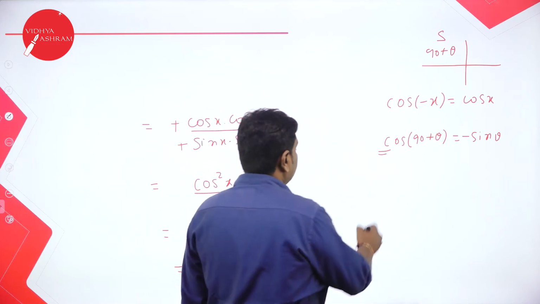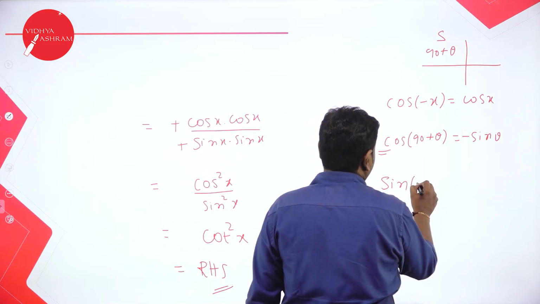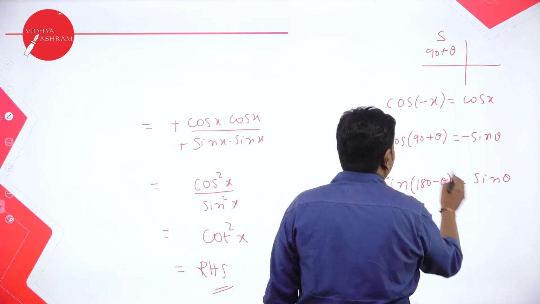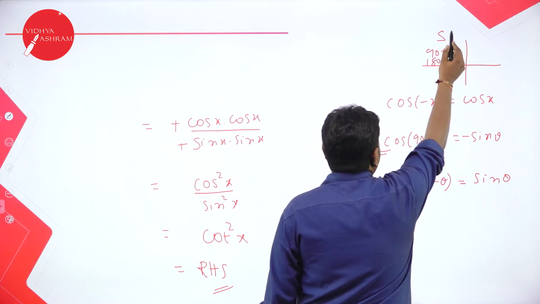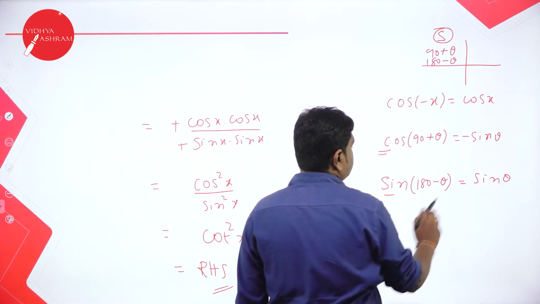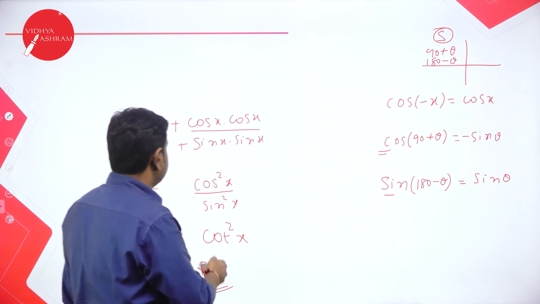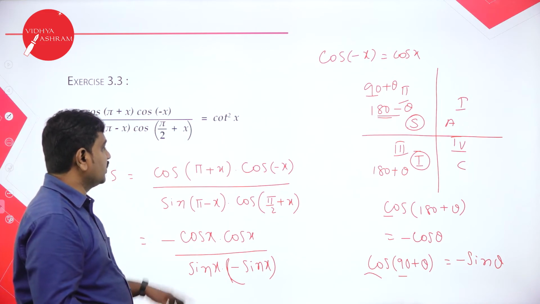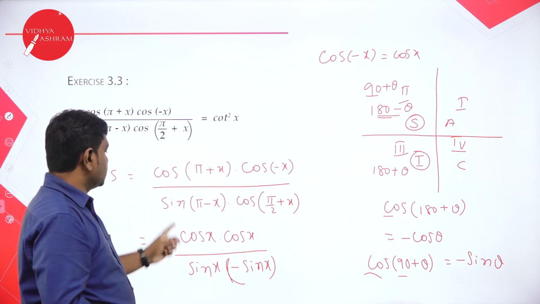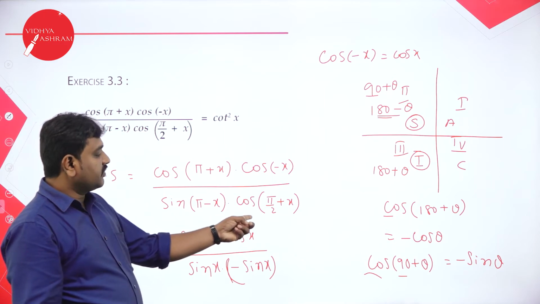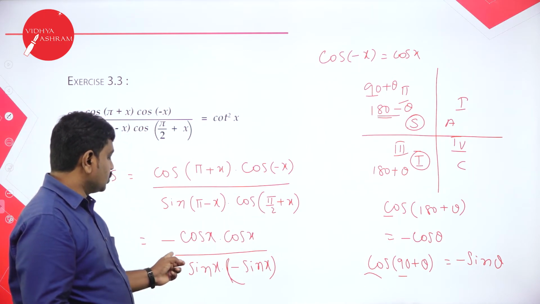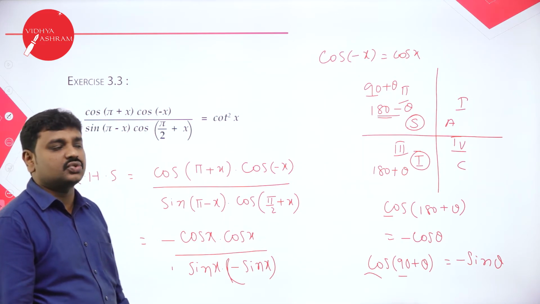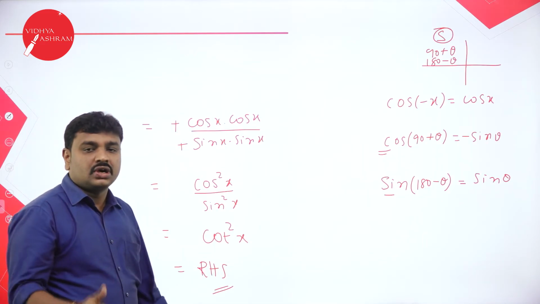And sin of 180 minus theta we had. You know, the function does not change. For 180, sin will be sin. 180 minus theta lies in the second quadrant. In the second quadrant S is the alphabet, so it matches, so it is positive. These are the allied angles we substituted. We took LHS. Cos of 180 plus theta becomes minus cos theta. Cos of minus x is cos x. Sin of 180 minus x becomes sin x. Cos of 90 plus theta becomes minus. So minus cancels. Cos into cos becomes cos square. Sin into sin becomes sin square. Cos square by sin square becomes cot square. Hope all of you got this.